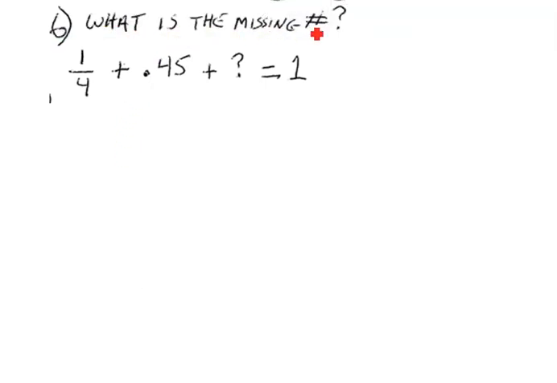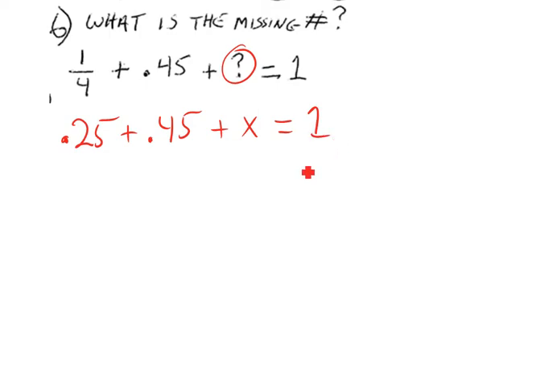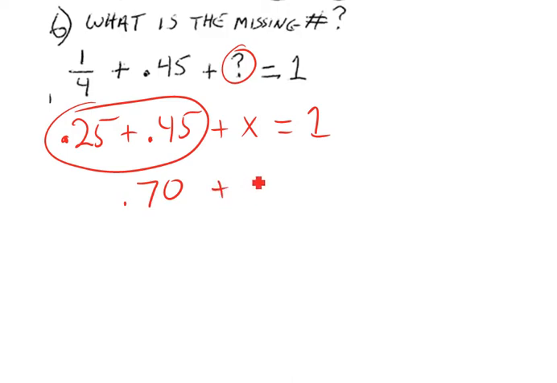Okay, number 6, it says, what's the missing number? This one right here. All 3 numbers add up to 1. We know 1/4 is 0.25. And if you didn't know that, you could divide and figure that out. And then this one right here is 0.45 plus something we don't know. Usually we call it x, is equal to 1. Let's total up these right here. If I total up that, that's 0.6, 0.70, 0.70. So 0.70 plus something